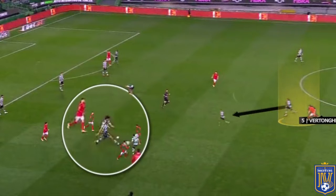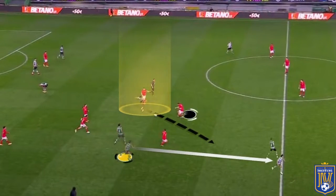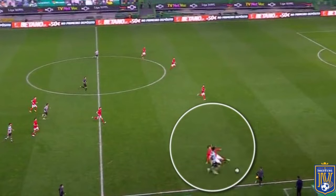Following Sporting winning possession, focus on Pedro Goncalves dropping off into his own half to drag away Vertonghen to receive possession. When that initial pass is played, what you end up seeing is that Vertonghen doesn't stick tight with Pedro Goncalves, and he ends up allowing the Sporting attacking midfielder to turn freely, and he locates a gap between the Benfica left wing back and Vertonghen, and that's where he sees his teammate making a run into the right channel, and he ends up splitting both Benfica defenders to place his teammate free down that zone, but the Benfica left wing back does a very good job of tracking that run, and he makes a last-ditch tackle to halt the